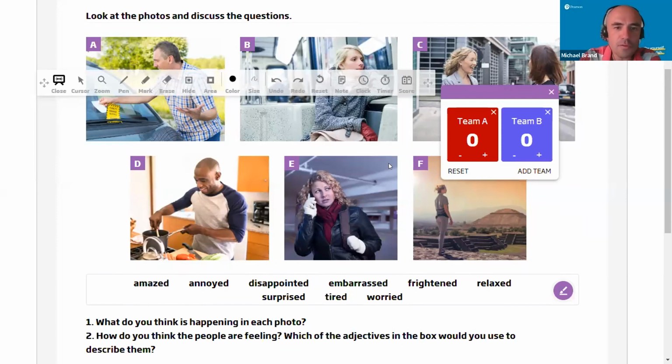Okay, I was frightened last night, but I'm not sure that shows me that you understood the word. When I saw a huge spider in the living room, came Molly. So that gives me an example of being frightened. So I'm going to give that point to Molly Johnson. She was the first one in my chat box to show she understood. Well done, Molly. Now your name begins with an M, so you got a point for team B. Excellent work.